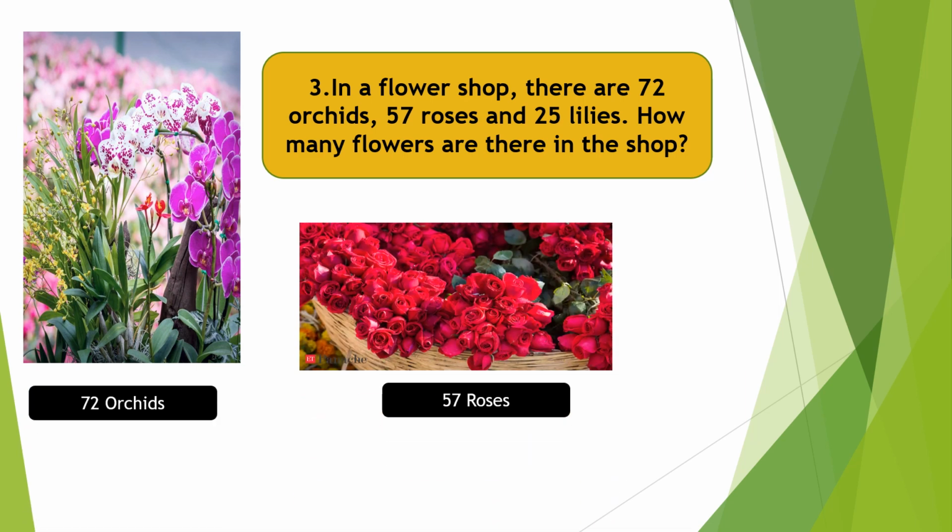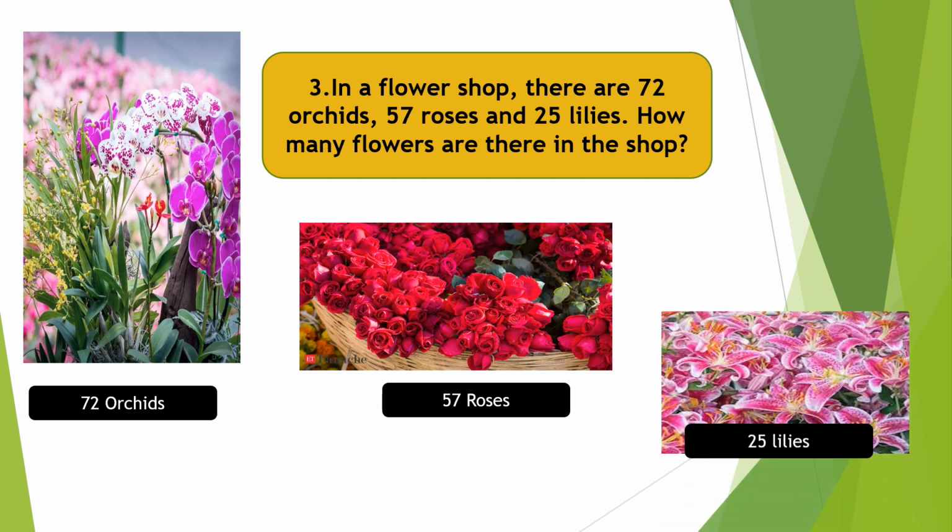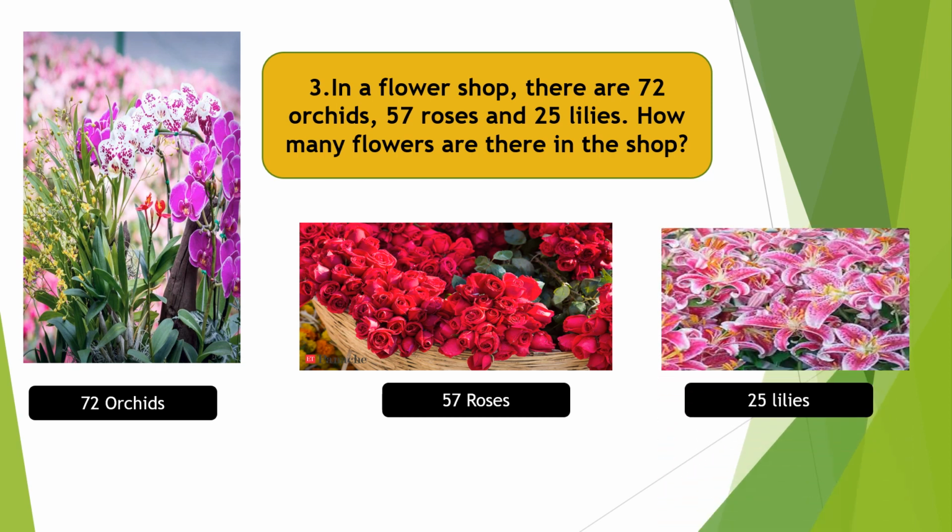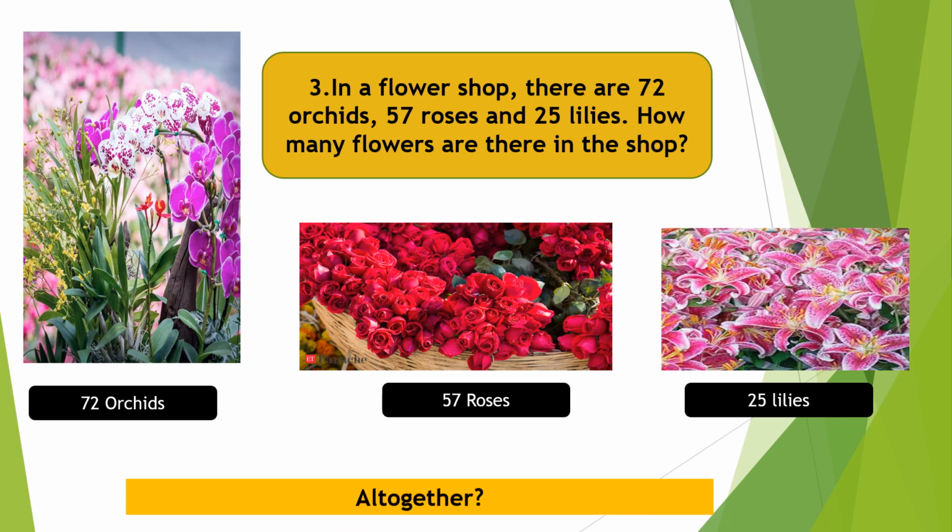And what we know? 57 roses and 25 lilies are there in the flower shop. So how many flowers are there in the shop? How will you understand? We need to find by adding 72 orchids plus 57 plus 25. So altogether how much? So let's write